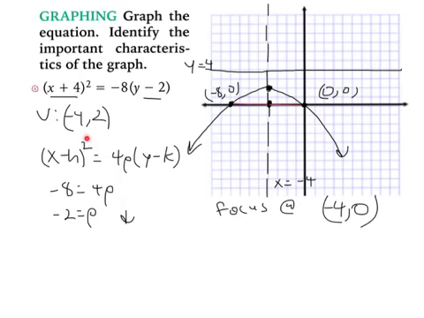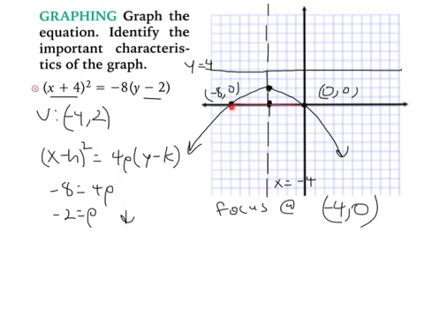Because x was squared, so it's vertical, so we're either going down or up, but p being negative tells me I'm going down, which puts my directrix 2 units in the opposite direction and perpendicular to our axis of symmetry. Then our latus rectum is just this line through the focus to the sides of the parabola, and this line is 4p long, or 8 units long, which means I go 4 units to the right, 4 units to the